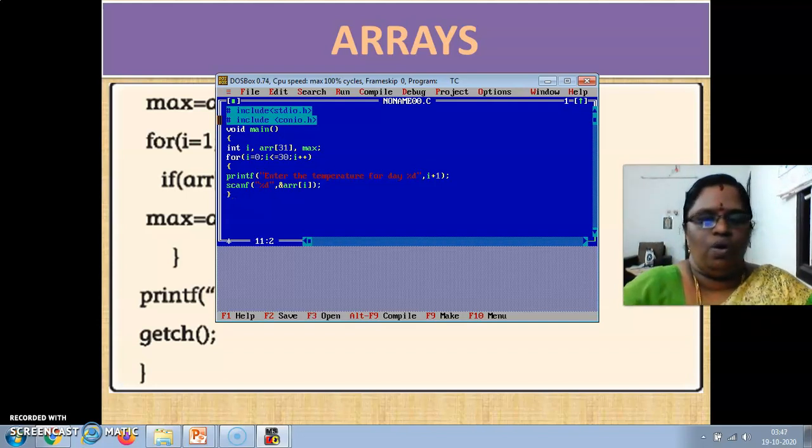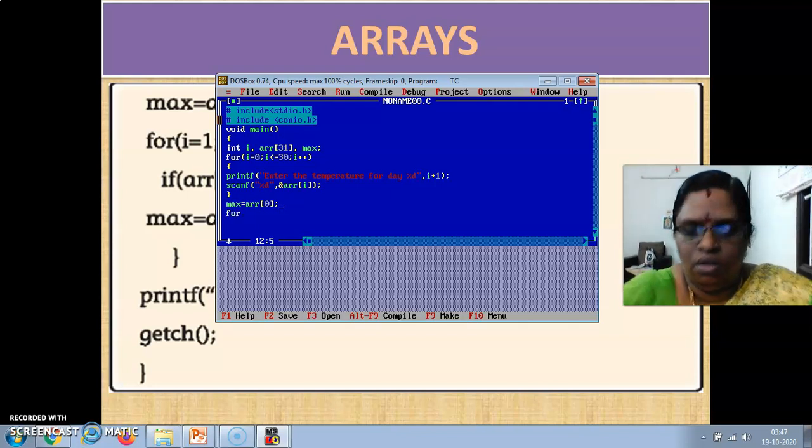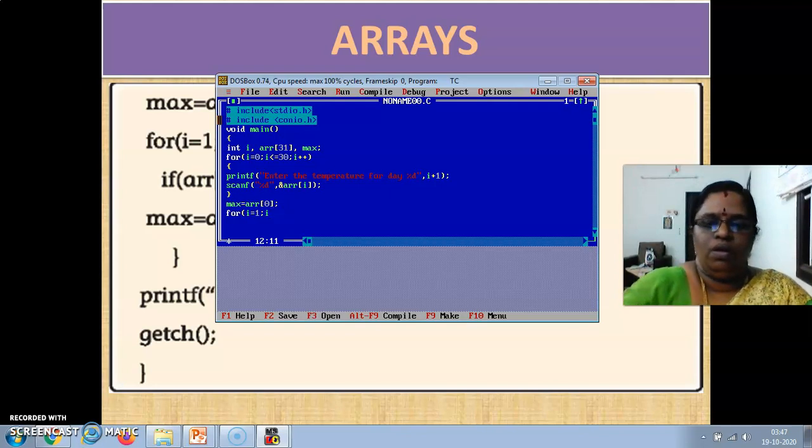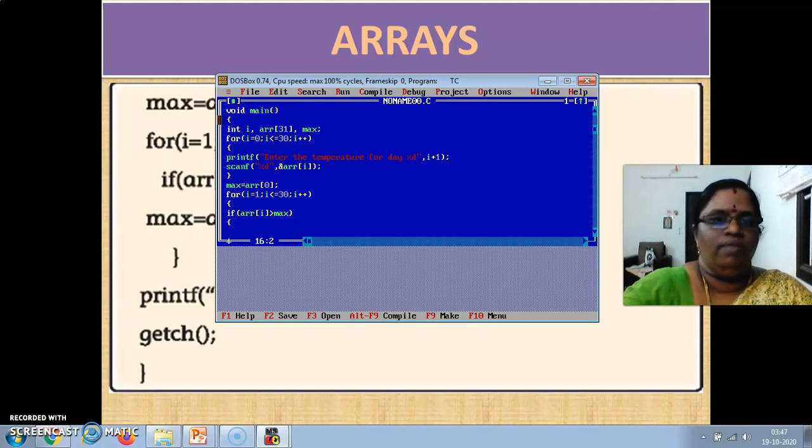And to close this for loop, maximum = array[0], and for i = 1, i <= 30, i++, and if array[i] is greater than maximum, we want to change the maximum into array[i].